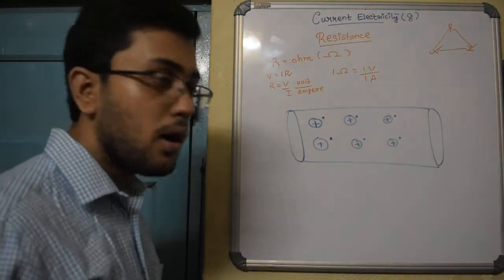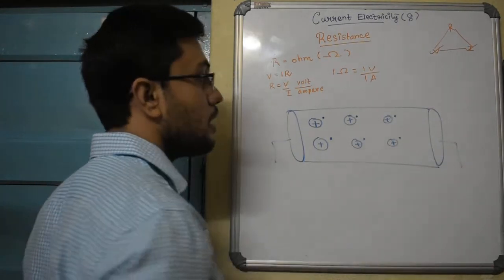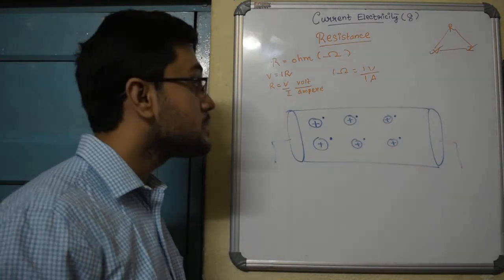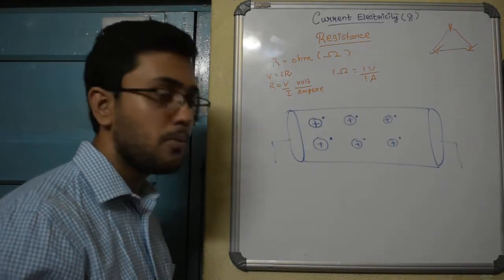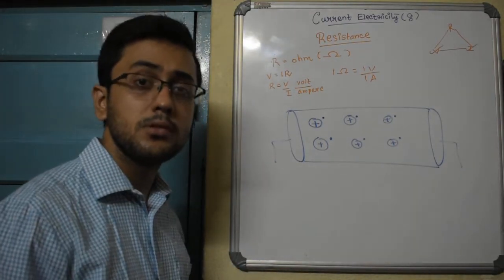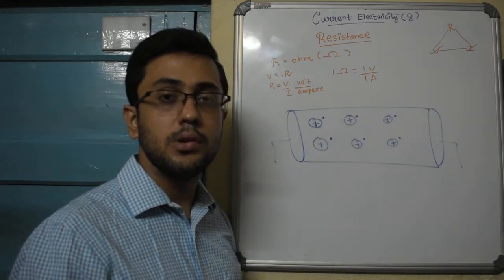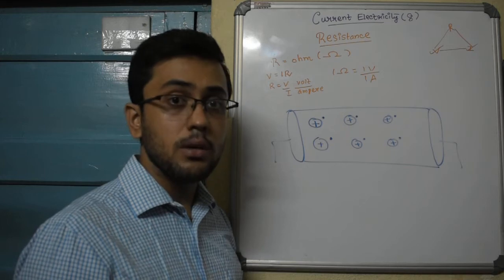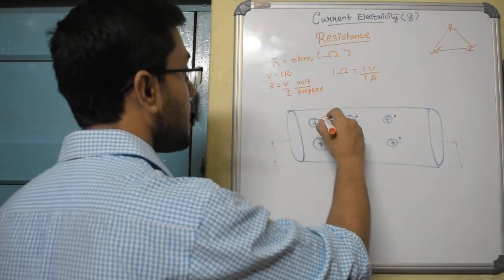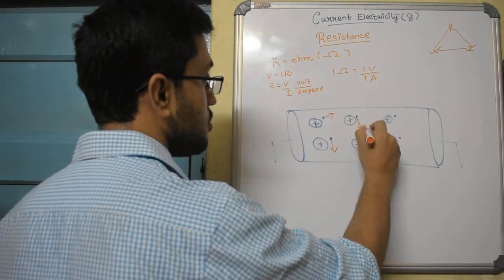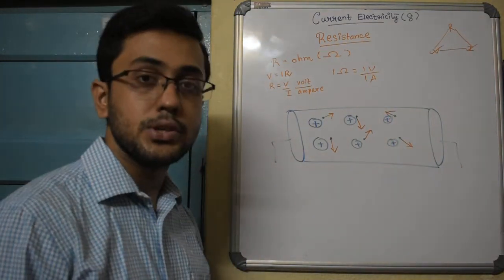Now as long as the wire is lying just like that, that is to say, at the 2 ends of the wire a potential difference is not applied, the electrons will simply move randomly in all possible directions. Obviously here I am talking about the free electrons. There are some electrons which remain bound to the nucleus. They are so close to the nucleus that they cannot move freely. We are not talking about that, we are talking about the free electrons. The free electrons in the outermost shells move randomly in various directions. There is no reason and no driving force behind the direction in which they move.